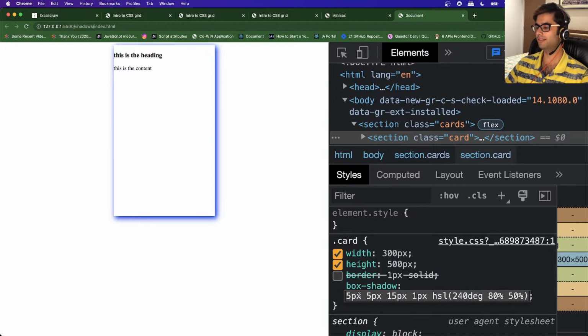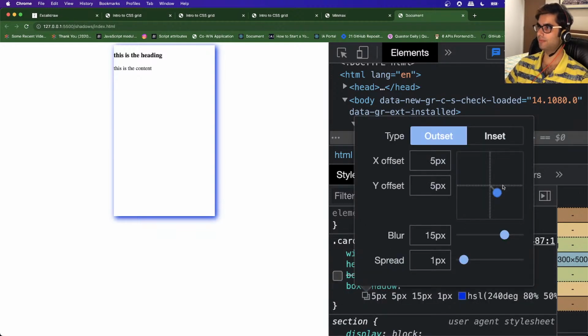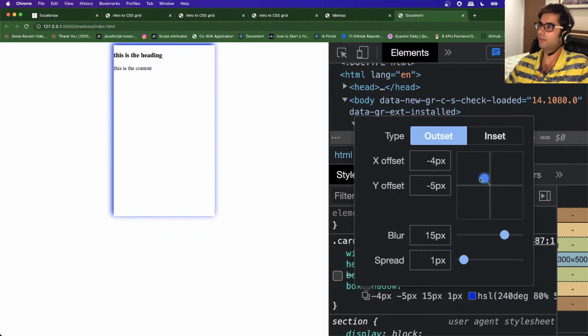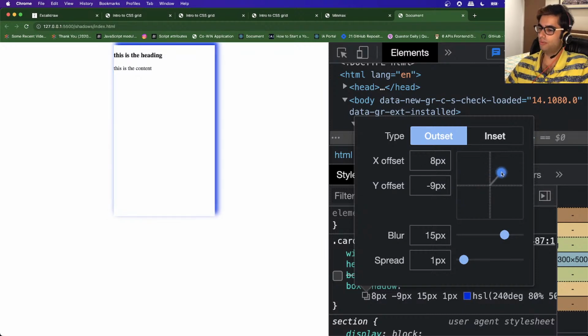This is known as the horizontal offset, the first value. The next value, right, you can see this over here using this tool. When we click on this, we can change the x and y values. We want the shadow to appear in the top left, right? So we can have negative values for both x and y. If I change it to this,